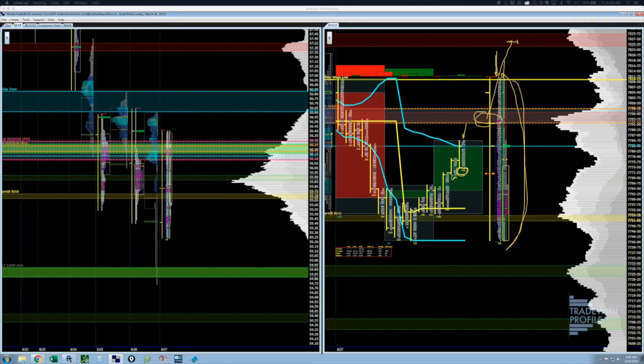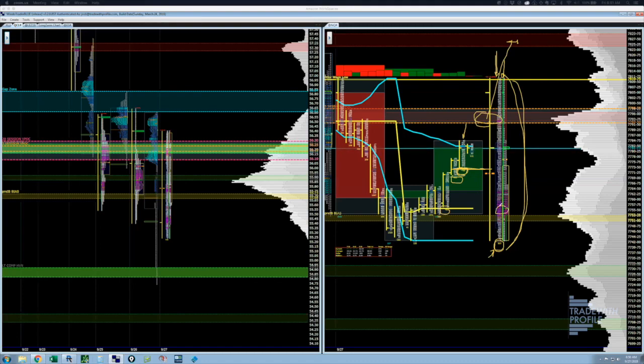So you can see we've had what we call buying delta for the last three, basically the last 15 minutes. Again, we would need to see some selling delta, or a negative number, to get in here. Overall for the session, we're negative about 700. We're looking to see if we can get back through the base of where some of this buying is, then we've got a shot. But right now it's a little bit dicey.